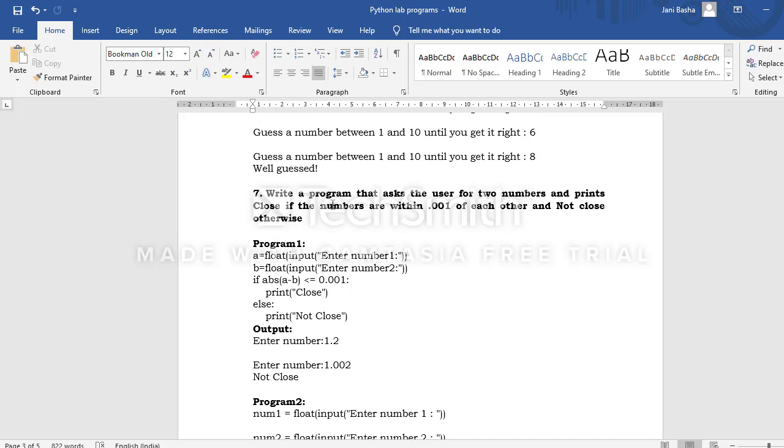So what is the program's intention? If we have to choose two numbers in such a way that the difference between both numbers should be less than 0.01. So this can be written in two formats. Either we can use the absolute function on the difference between the two numbers. ABS is a function which will find the absolute value, that means either a positive or negative value, and if it is less than 0.01, we can say that numbers are close. Otherwise we can simply say that numbers are not close.